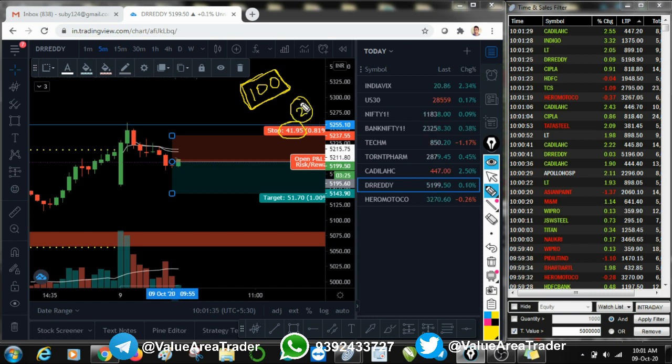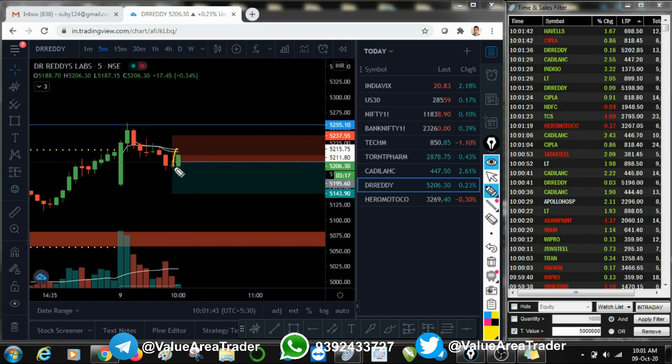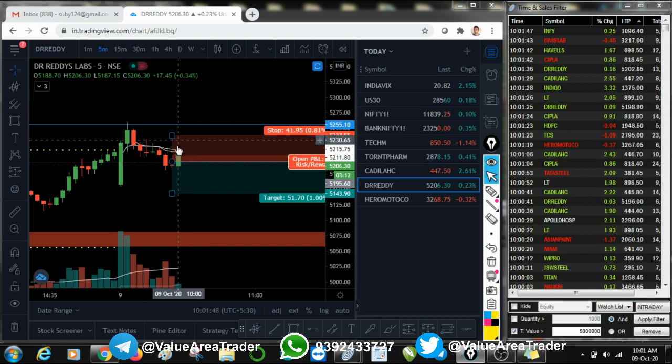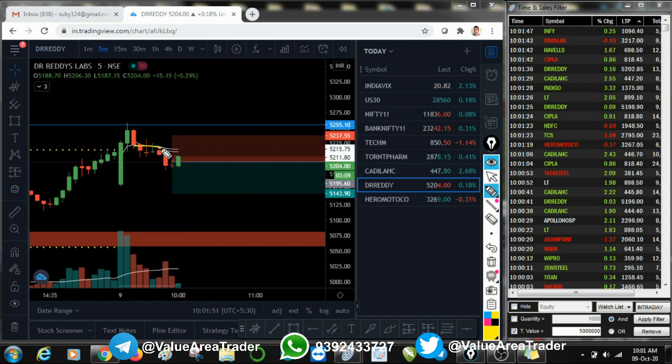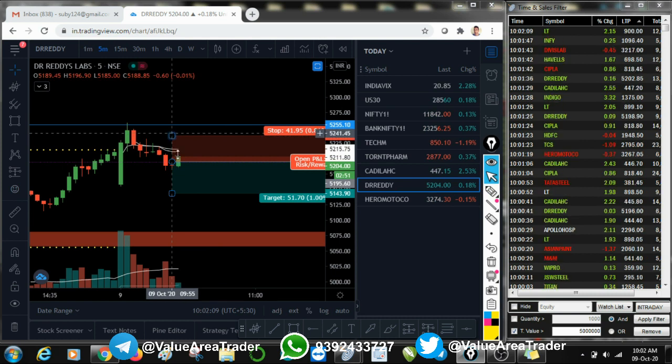You have to keep your stop losses very strictly. Don't change it again and again. Right now you can see a green candle is coming to my stop loss, but it doesn't mean I just increase my stop loss to this point or that point. If it comes and clears this VWAP, then automatically my trade is wrong, because this VWAP is strong for me. If it breaks this VWAP, that shows my trade was wrong, so my stop loss should get hit. That shouldn't change for you. You should never move your stop losses here and there. You can also trail, you should definitely trail, but don't move it in the opposite direction.